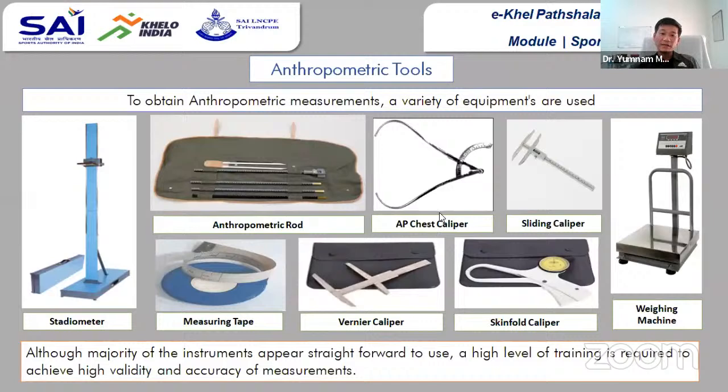Mostly this sliding caliper is used for facial length and facial breadth, nose length, nose breadth, for that we use it. Head and face measurements use this sliding caliper. Along with this, similar equipment which we use for athlete populations is the vernier caliper. By a different term we also call it the bone caliper, or bicondylar vernier caliper.